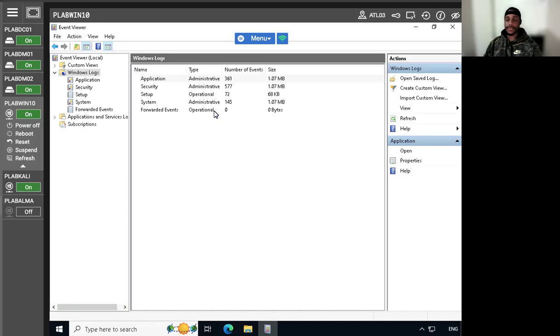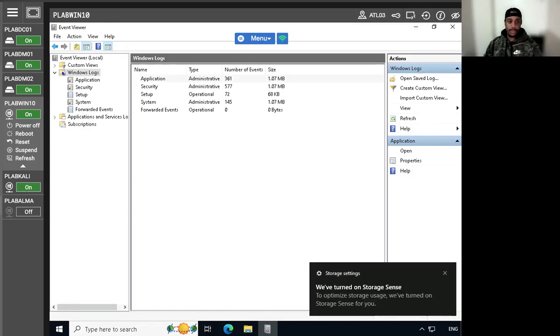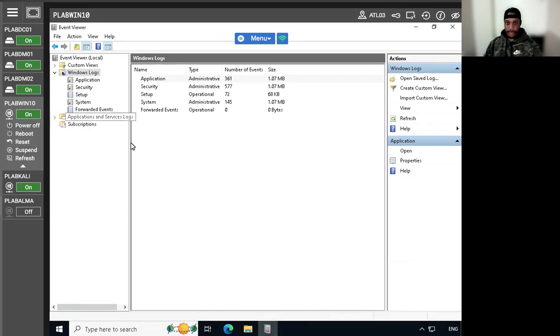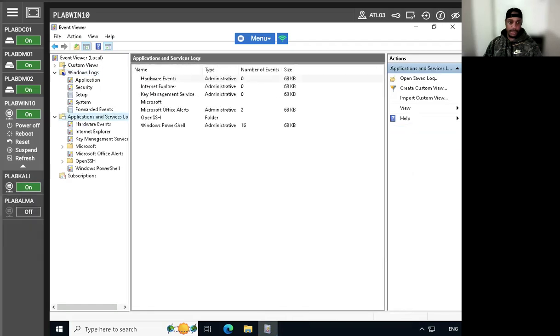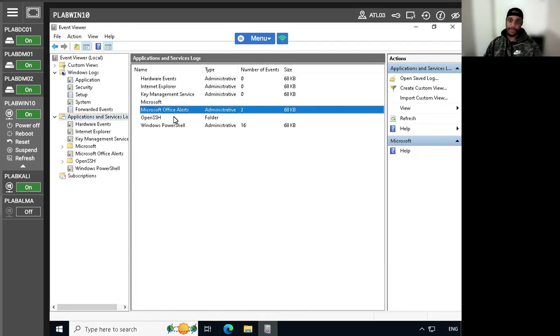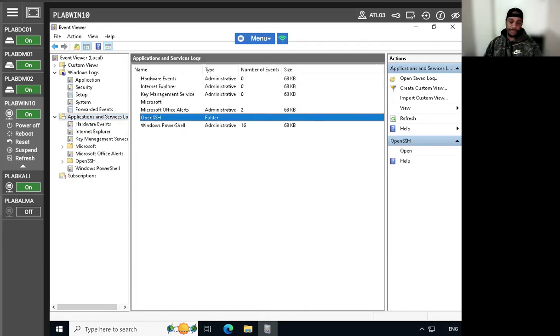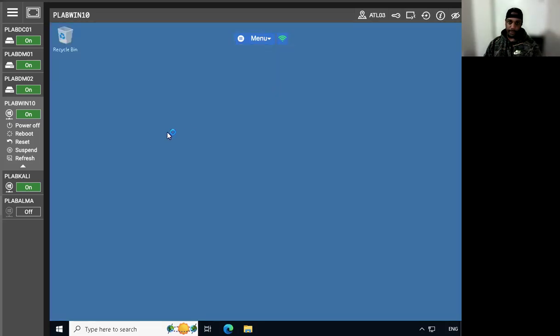However, a server for specific services, such as a DNS server, can have DNS logs as well. Such logs are actually listed under the Application and Services Logs node. So let's see, I'm going to open it up. And these logs are actually specific to certain applications, as you can see: Internet Explorer, Microsoft Office Word, OpenSSH, Windows PowerShell here. But I just want to take a look at all of those tools that you can utilize